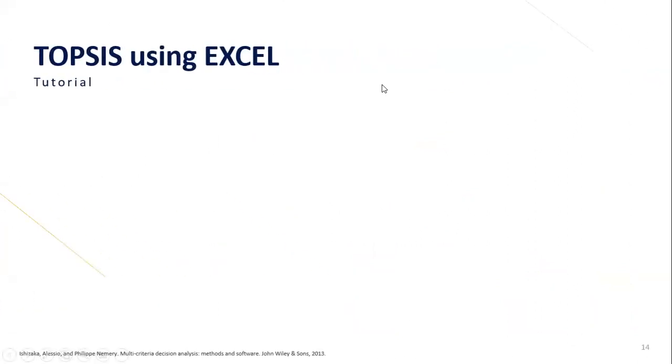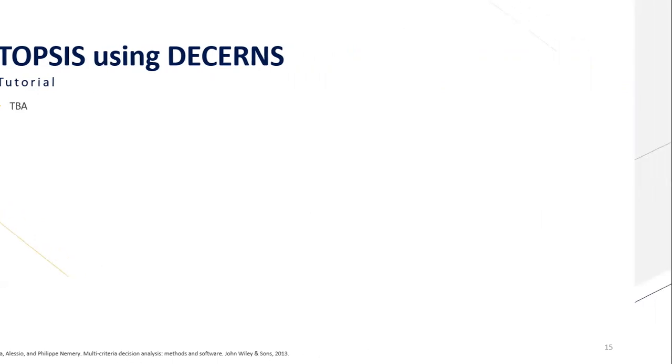For the tutorial using Excel, I think with the way I explained the formula, you can redo it using Excel, but I will try to provide an example maybe next week using video or another approach. And there is another software called Discerns. You can search for it. They provide an online trial that you can use to calculate the TOPSIS approach as well.